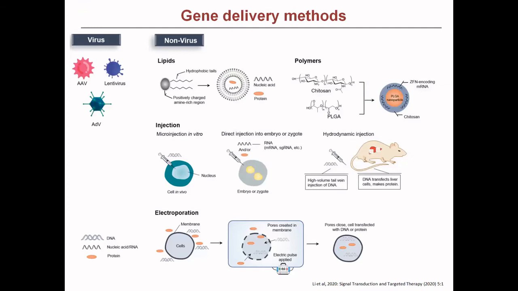So now we know that we have the various gene editing tools and how to deliver them. One of the delivery methods is viruses like AAV, lentivirus and adenovirus. Then it can be with lipid nanoparticles. It can be using a carrier polymer. It can be through microinjection or it can be through electroporation. In electroporation, you use a specific capacitance electricity for a small period of time. It makes pores in the cells through which the gene editing system, the cassette, is delivered into the cell. This is called electroporation.